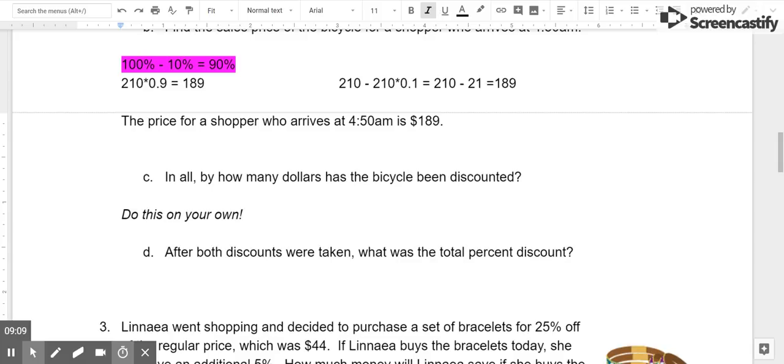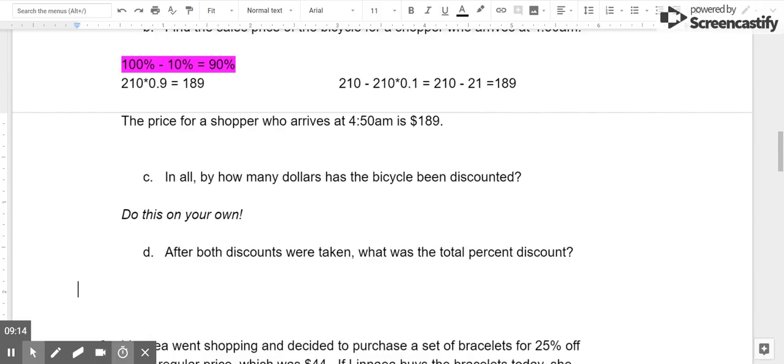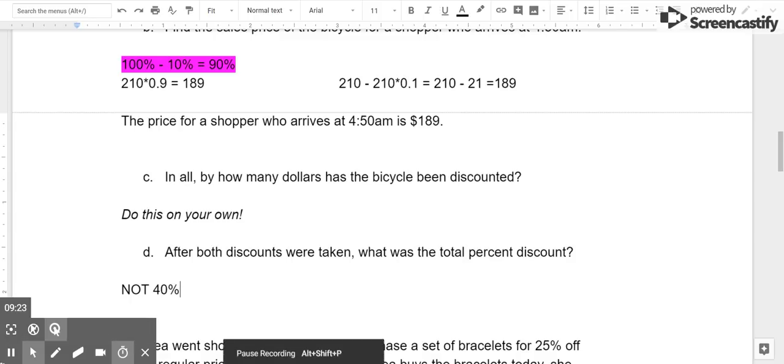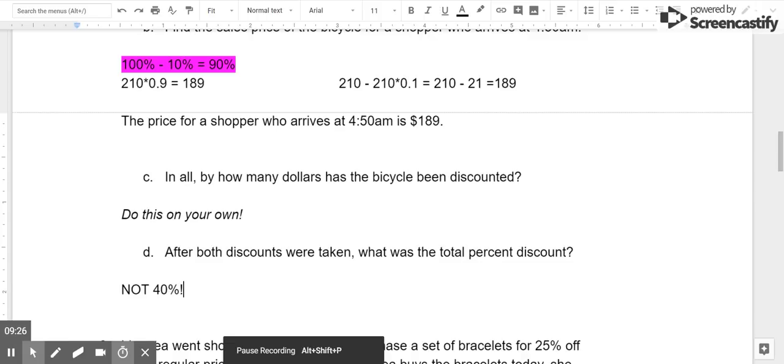Let's take a look at Part D, because here's a really important part here. We have already established that the total discount is not 40%, right? We talked about how taking 30% and then taking 10% is not going to give me 40%. To find the total discount, there are a couple of strategies I could use. One would be to take my final price, which is $189, and divide it by my original price, which was $300. This tells me that I'm paying